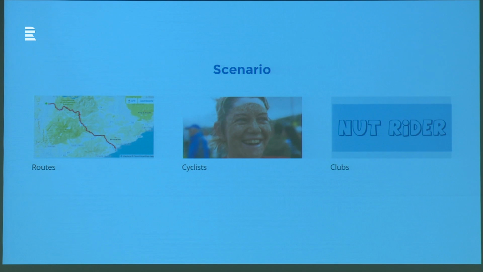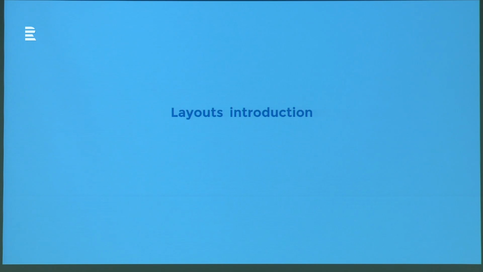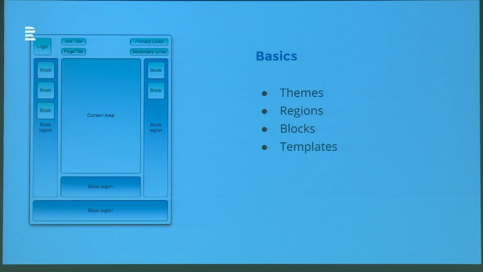Yeah, similar to a tool like Strava, I want to be able to put on the website the routes that I'm cycling on. I want to get an overview of the cyclists, and the cyclists are organized in different clubs. That's the scenario. And in order to get started, I want to talk a little bit about the basics of creating layouts. So you might know this diagram,